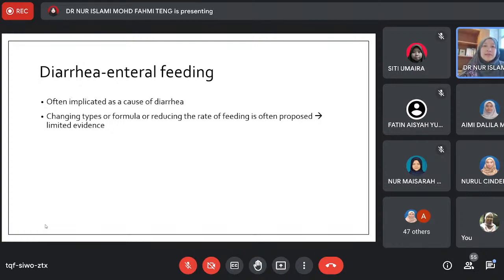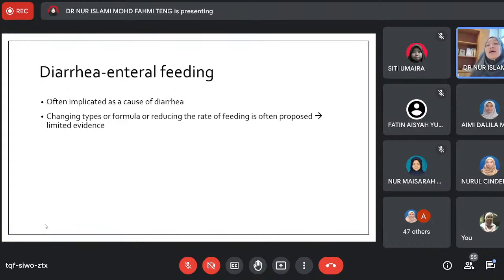Okay, and then diarrhea related to enteral feeding. Enteral feeding is often implicated as a cause of diarrhea. So when the patient is on enteral feeding and encounters diarrhea, first of course you must check the medication and also the treatment, whether the medication and treatment cause the diarrhea. However, enteral feeding is often related with diarrhea, so perhaps we need to change the type of formula. If the formula does not suit the patient and causes diarrhea, we change the formula, or we look at its strength,